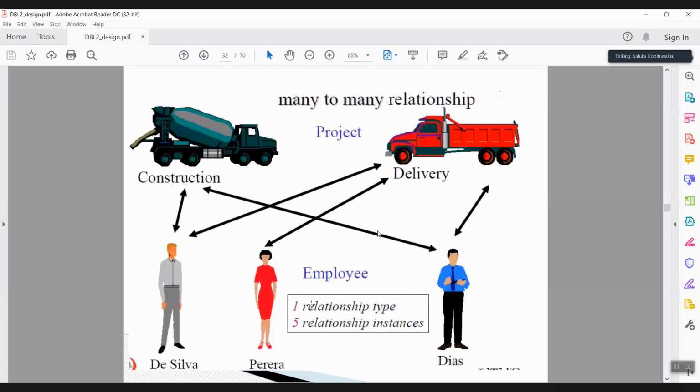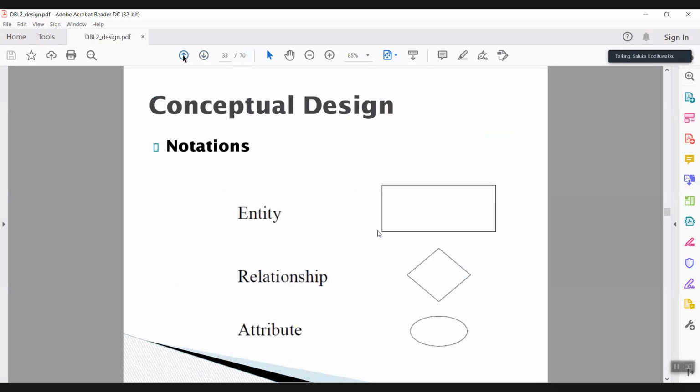The other one is many-to-many. On both sides, multiple instances get involved. For example, in the project there may be many constructions and many deliveries. But the best example to understand this one is the relationship between course and student. For one course, multiple